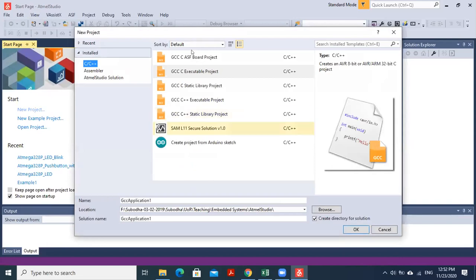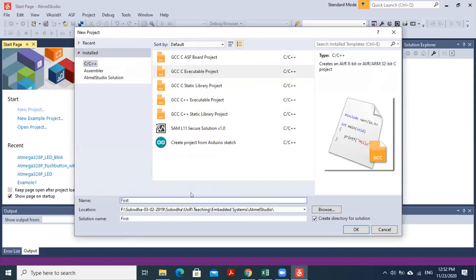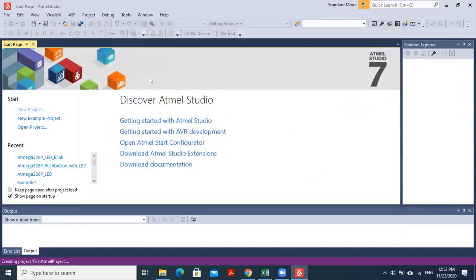There we have to select GCC C executable project. And we have to give it a name. Let's say first Atmel project. First Atmel project, and I'm fine with the location. If you want to change the location, you can change the location. Click OK, and then it will direct you to